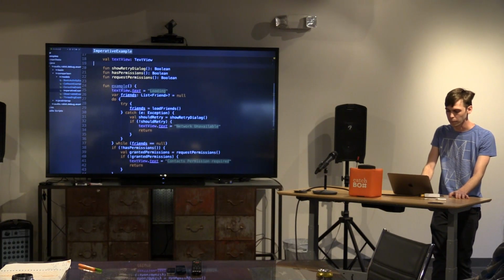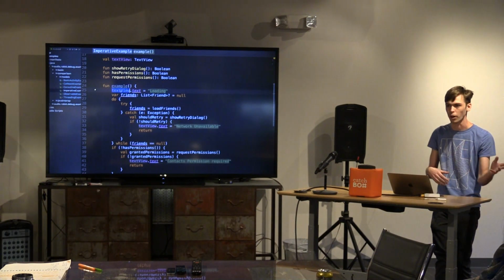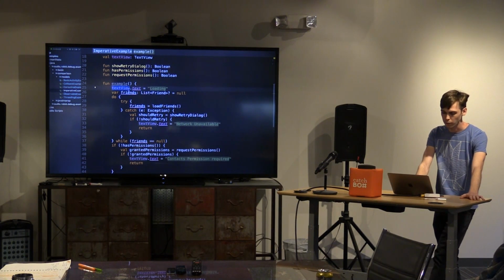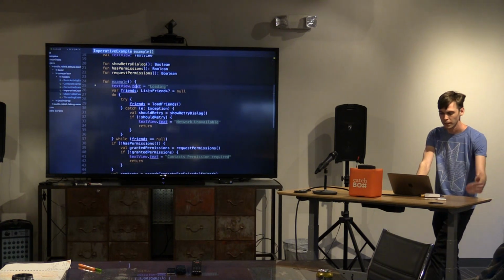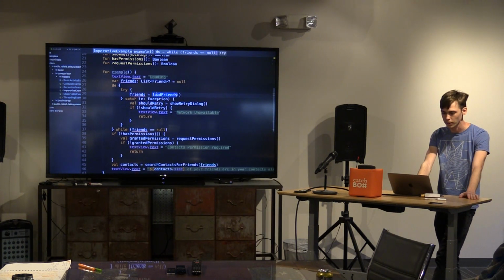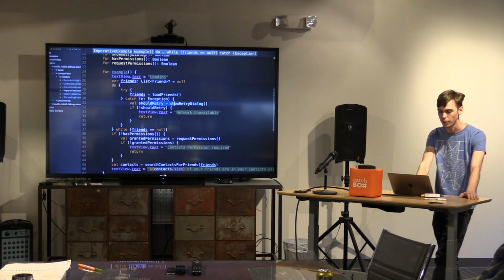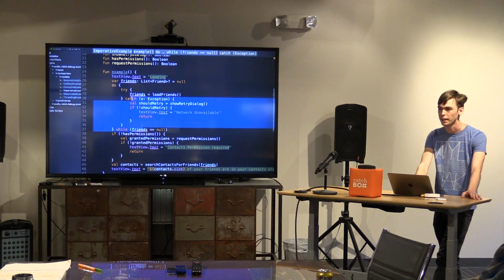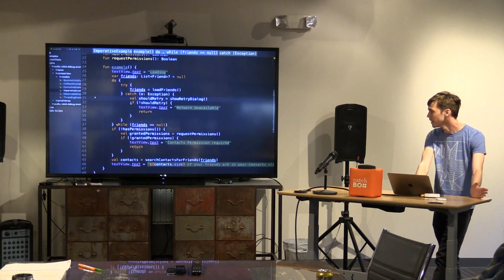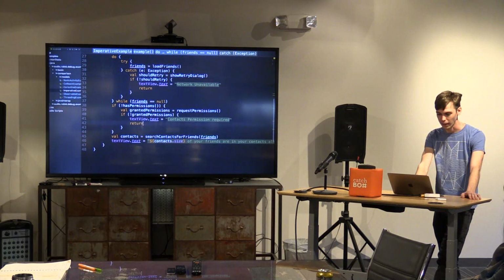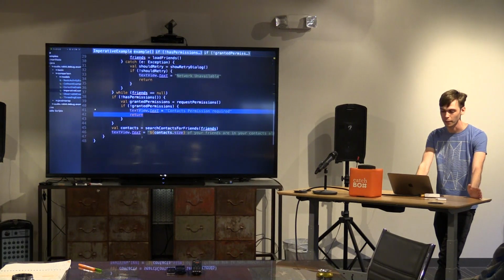What we're going to do is I'm using a text view to represent actually drawing something to the screen, right? If you had more complicated UI, you could do it here. So we're going to write to the screen. We're going to load our friends, and if it fails, we're going to ask them if they want to retry, and if they don't want to retry, then we'll error out. We're going to do all this in a while loop, so it'll keep trying until the value succeeds, right? And then we're going to get the permissions. We're going to error out if they refuse to give us permissions,